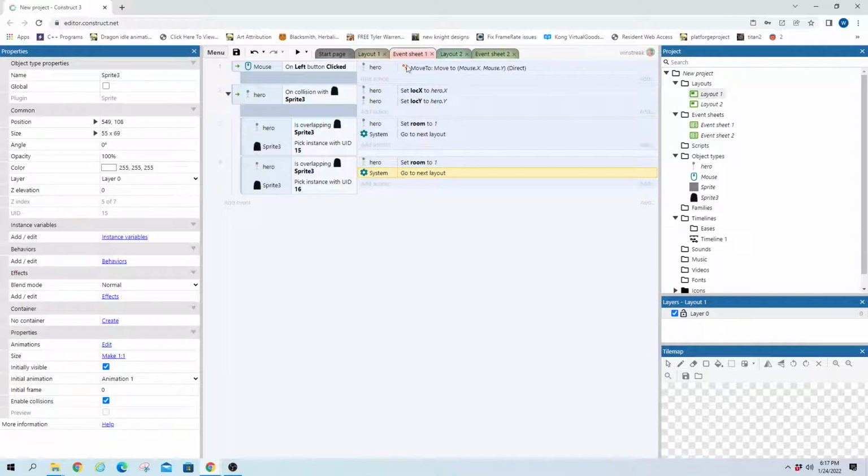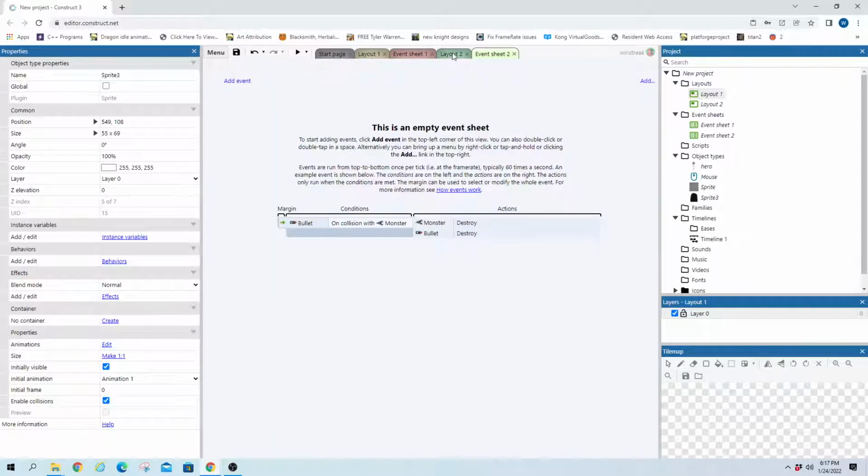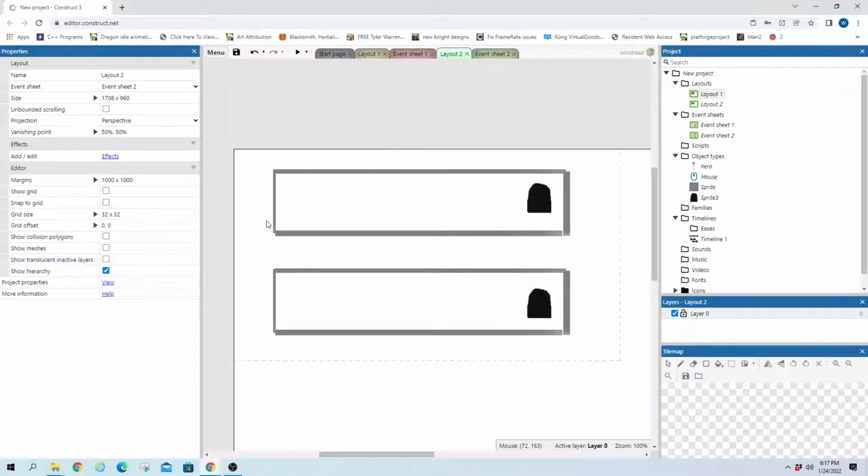And then we can hop on over to our layout 2, and I'm going to appear somewhere over here. So I'm just using this spot so I can look down here and see a good guessing point for my first X and Y for my hero. So on start of layout, we're going to go 161, 127,